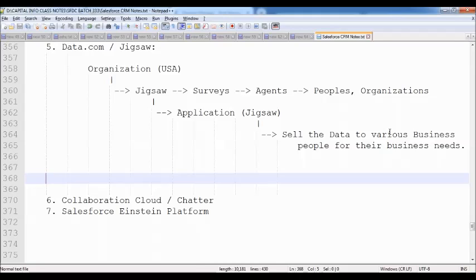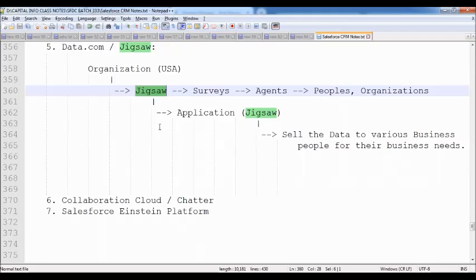Yes. But nowadays, people are not investing that much time. They would like to collect leads information very fast. For that, we need not conduct any marketing channel. We can buy the data by contacting Jigsaw. We can contact the Jigsaw people, buy the contact numbers and email IDs, and then send email notifications, make calls, everything. That means without conducting any marketing channels, without wasting money on marketing, we can buy this data directly from the Jigsaw people and make a call to the people directly.